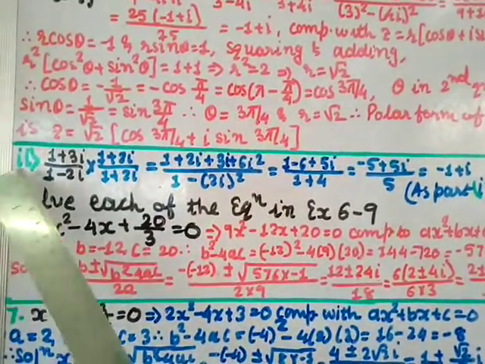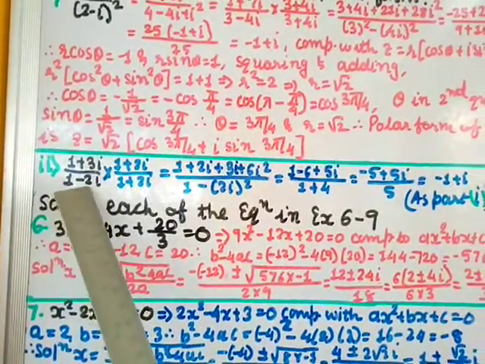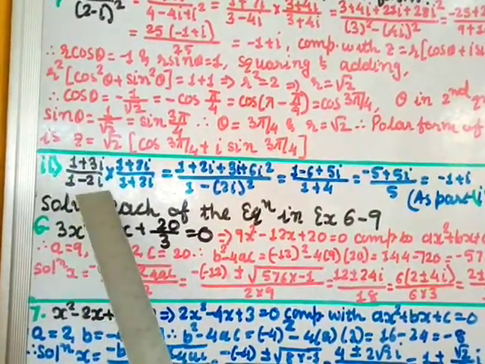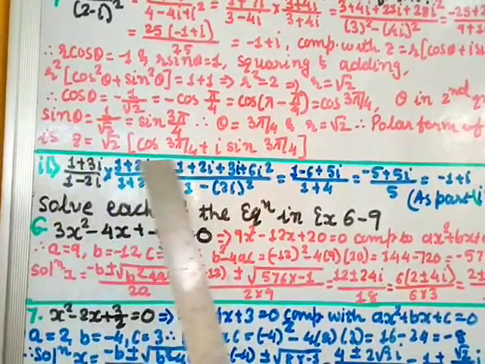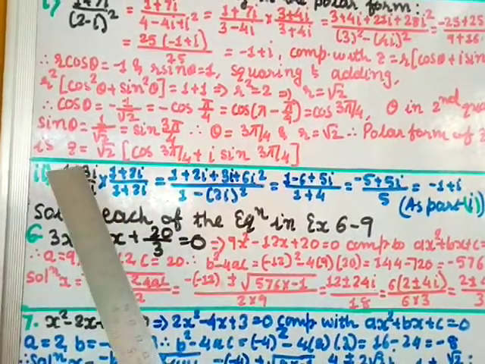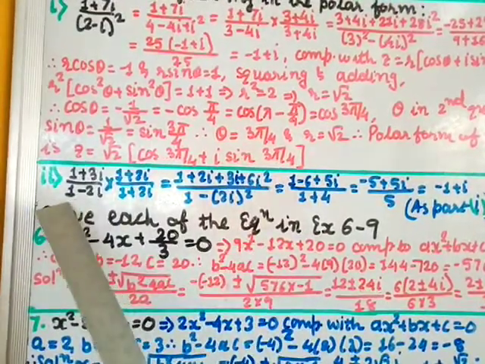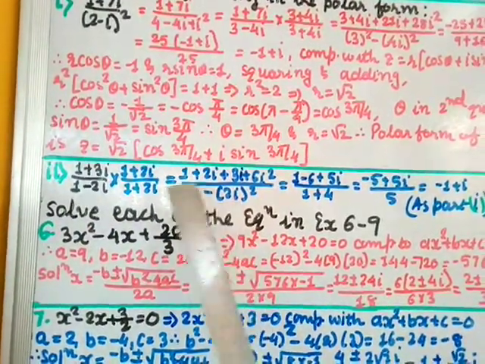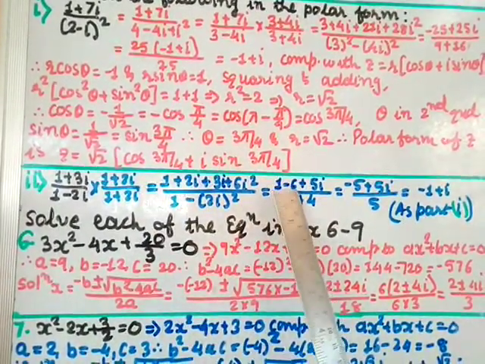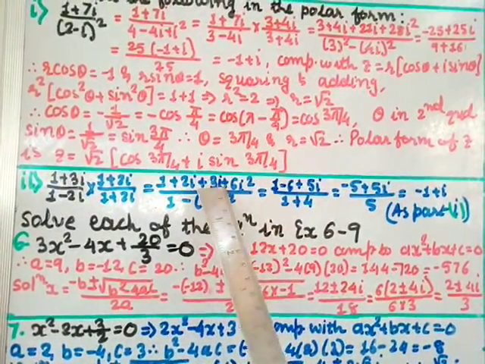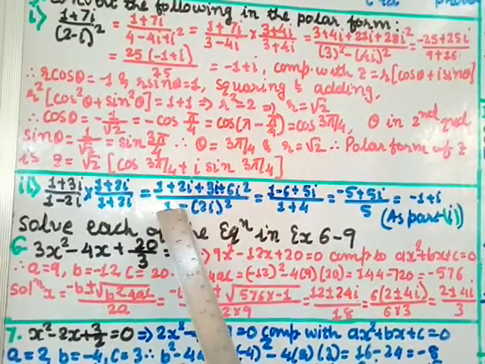Part 2 or question number 2 for question 5 is (1 + 3i) divided by (1 − 2i). Okay, rationalize first by multiplying by the conjugate of 1 − 2i, that is 1 + 2i, multiply and divide. So these you multiply inside: 1 into 1 is 1, 1 into 2i is plus 2i, 3i into 1 is plus 3i, 3i into 2i is plus 6i², divided by 1² minus (2i)². Here 1 and this is 6i², i² is minus 1, so this you get 1 − 6, and here 2i + 3i will be plus 5i. Here 1 is as it is, 2² is 4 and i² is minus 1, so plus 4.